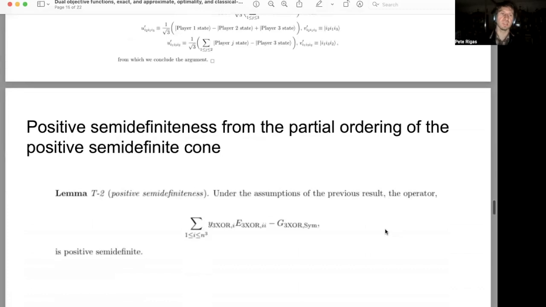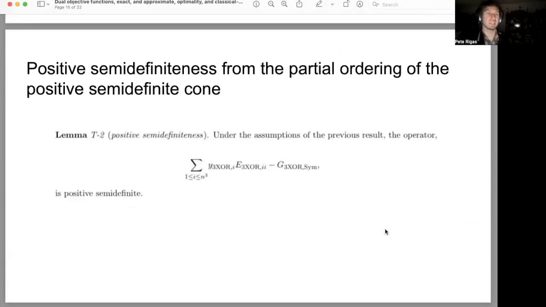And like we've been mentioning, in the upcoming preprint it's stated as follows: the positive semi-definiteness from the partial ordering of the positive semi-definite cone is given by this result, lemma T2, which is just one of the many examples of a variant of this idea that I apply throughout the paper, in which I make use of Bell states and EPR pairs to provide some higher dimensional analog or generalization of notions of entanglement, and how that relates to exact and approximate optimality of different types of strategies. It's given by basically saying that under the assumptions of the 3XOR error bound, the operator is